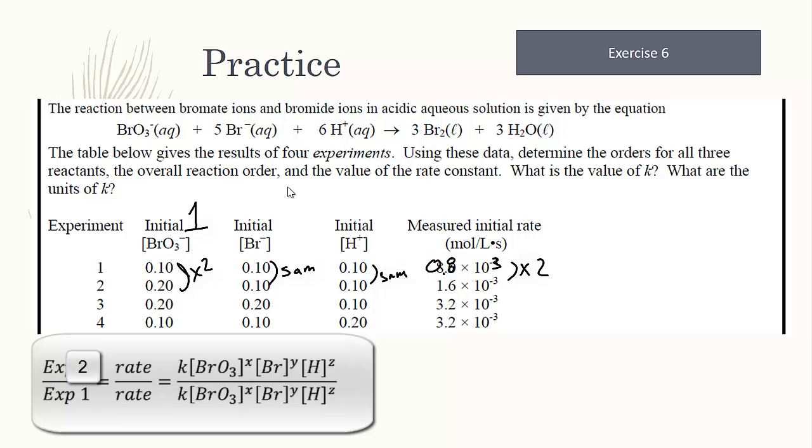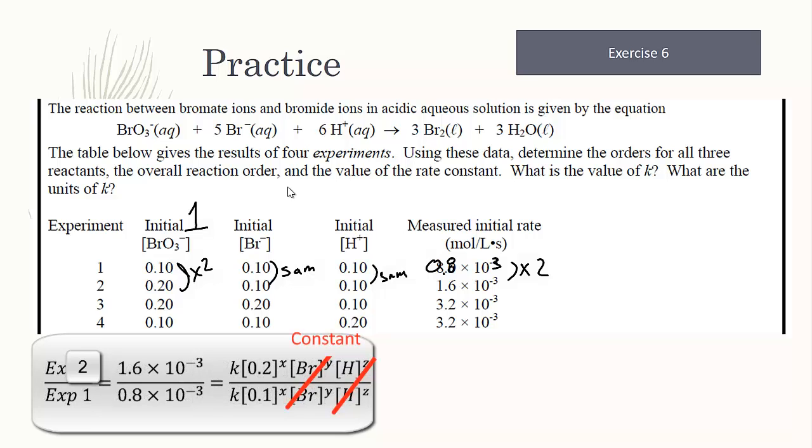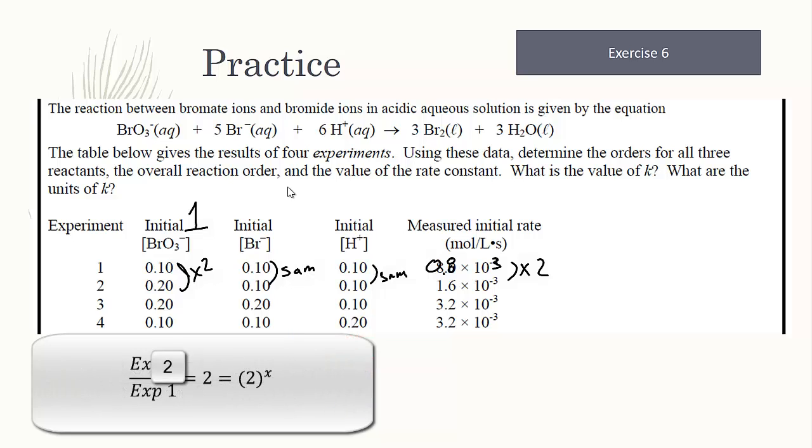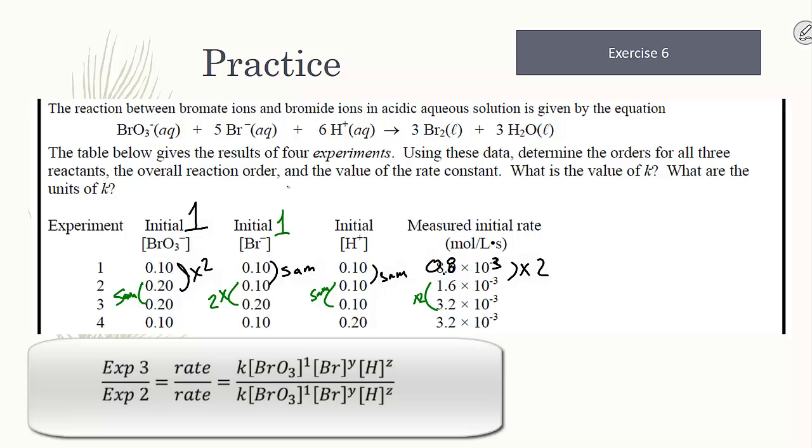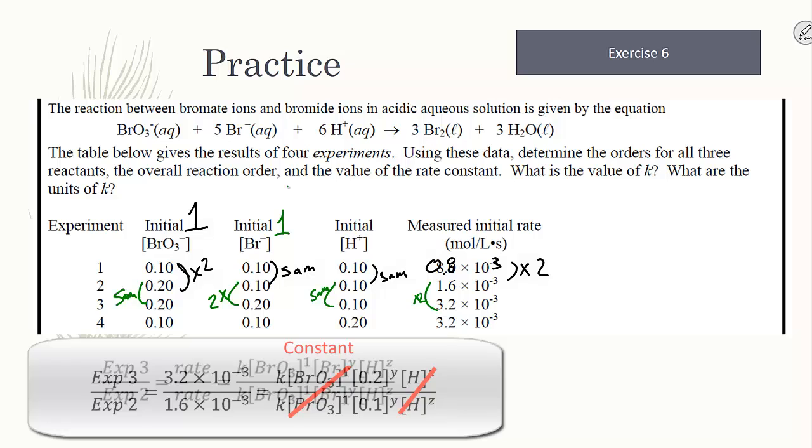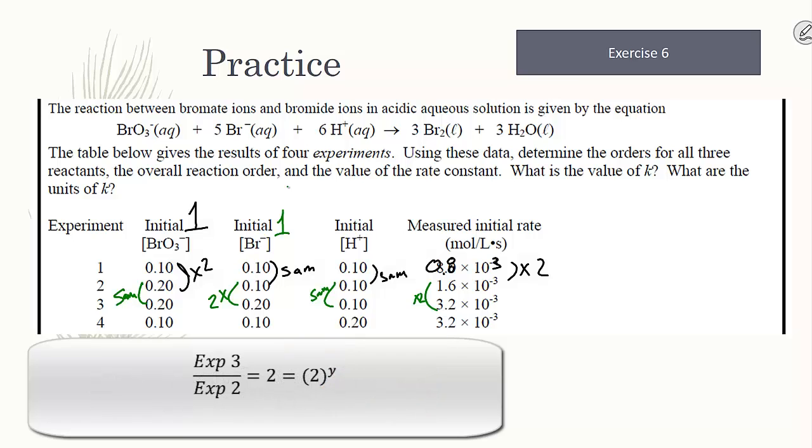For the bromate ion, we determined it was first order because in experiments 1 and 2, the concentration of the bromide and hydrogen ions is constant while the rate doubles when the concentration doubles, therefore it's first order. For the bromide ion, experiments 2 and 3 show the bromate and hydrogen ions constant. When the bromide ion doubles in concentration, the rate doubles, and therefore it is first order with respect